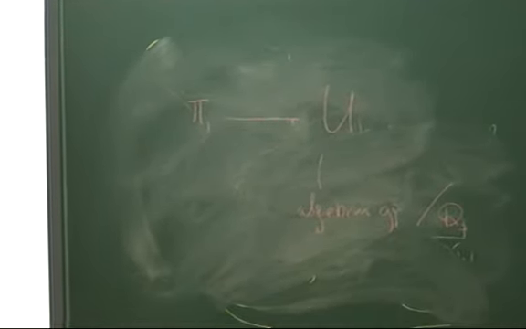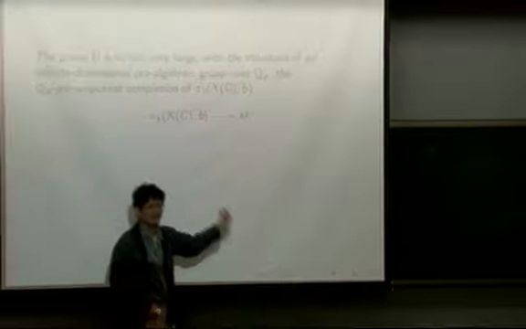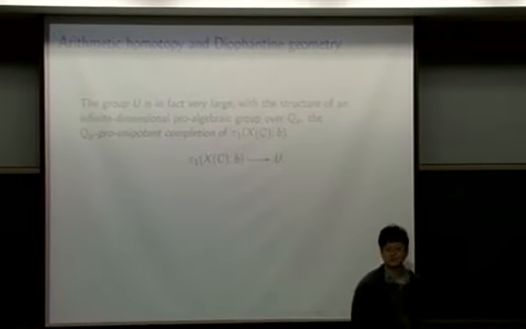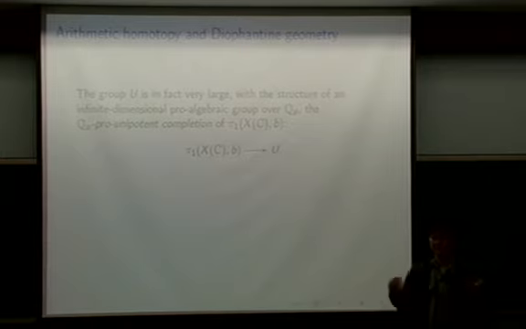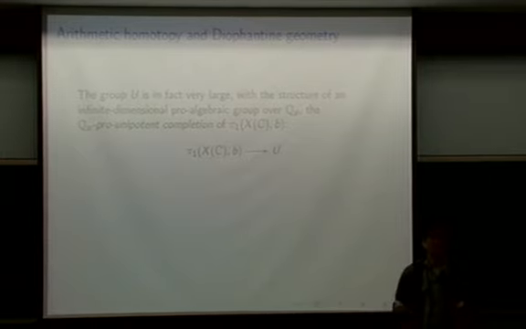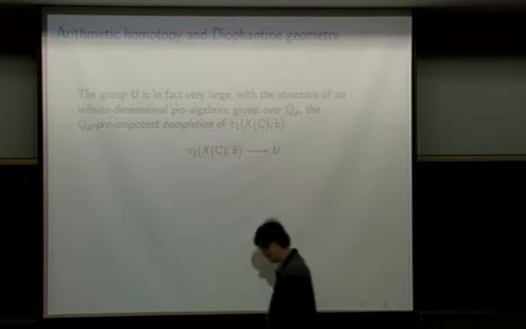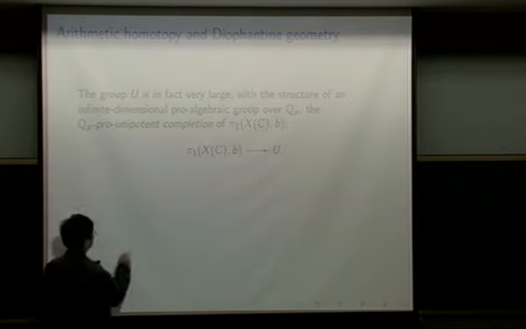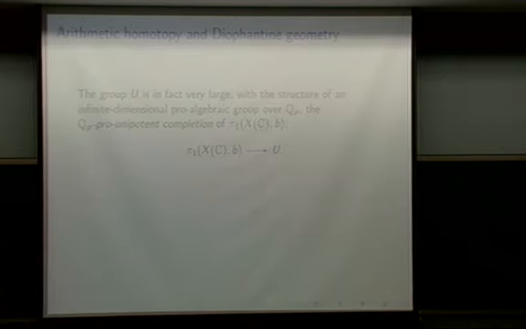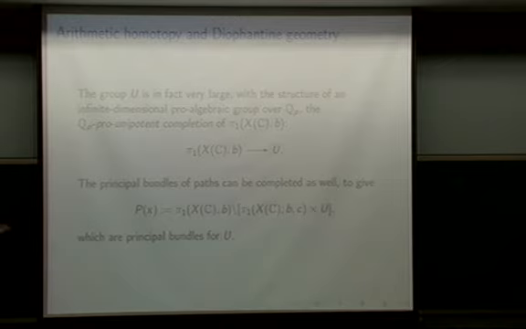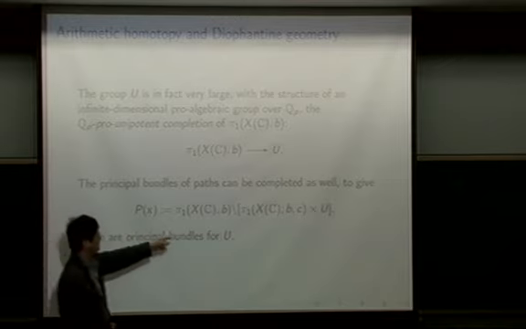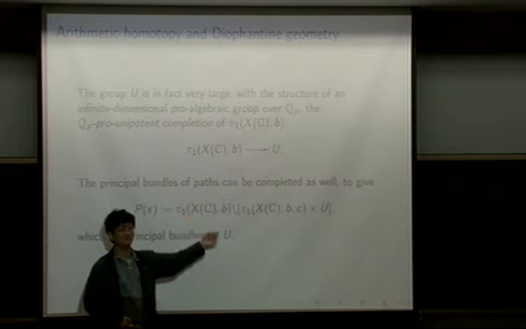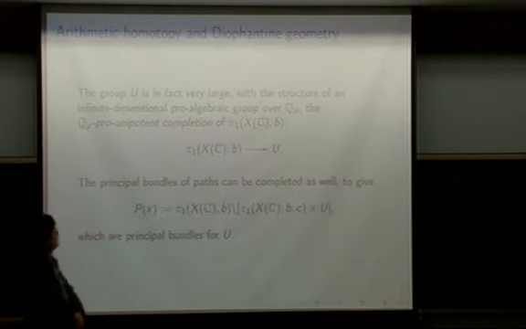So you start out with the fundamental group of a space, and there's a way to canonically send it into a P-adic algebraic group. This kind of thing was studied already by topologists substantially. There's a way to turn the fundamental group into an algebraic group, and that gives it a more geometric structure. It's somehow a weaker invariant than the fundamental group itself, but for the purposes of arithmetic geometry, it turns out to be very convenient. So you see, the group can be completed, but also these principal bundles of paths can be turned into principal bundles for this algebraic group.